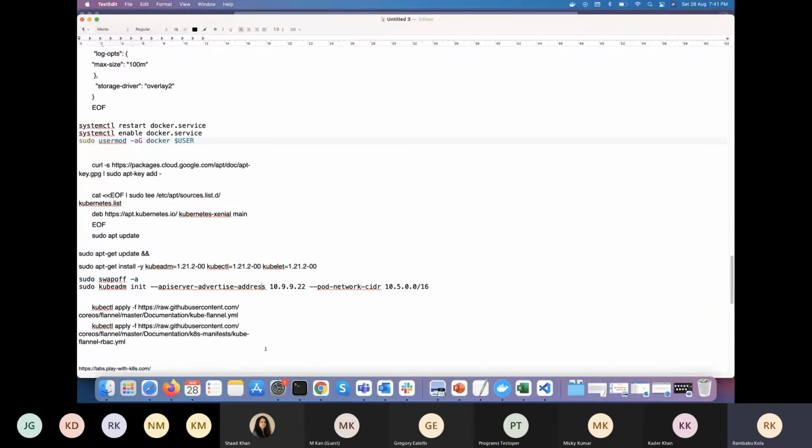And now we'll be starting the master server. This is the kubeadm init command, which will initialize the master node.